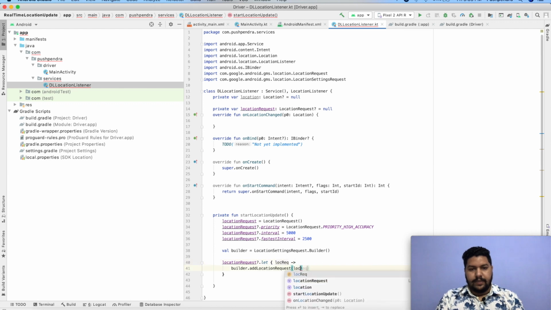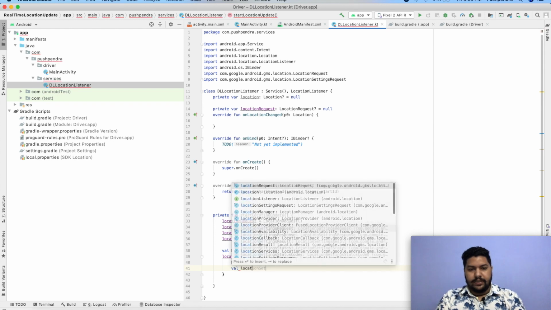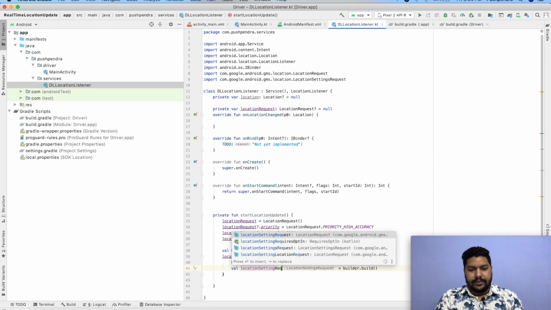So it will be here. Now our locationRequest is done and builder also done. We have to build and take that build into some variable. Val locationSettingsRequest equals builder.build, done.